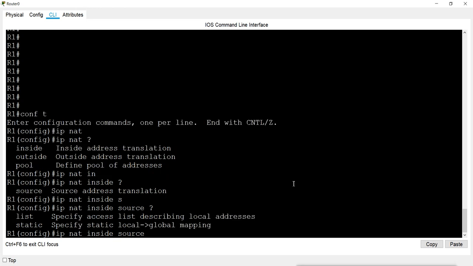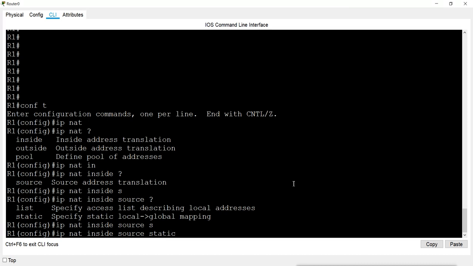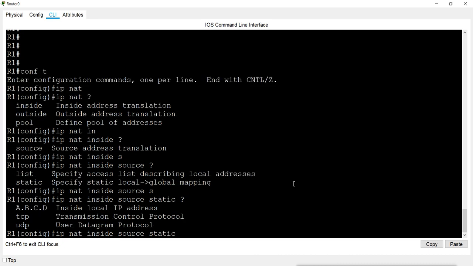Then when I give question mark, it says what do you want to do? Static. So we want to make a static NAT. So we will select static. Now when I say static and give the question mark, then it says mention the inside local address.